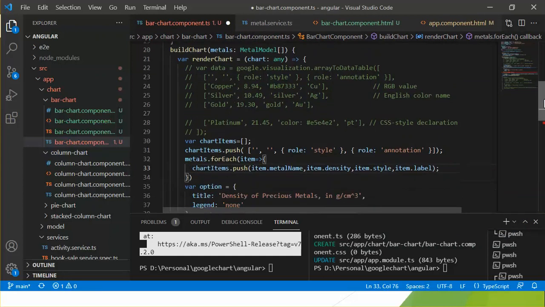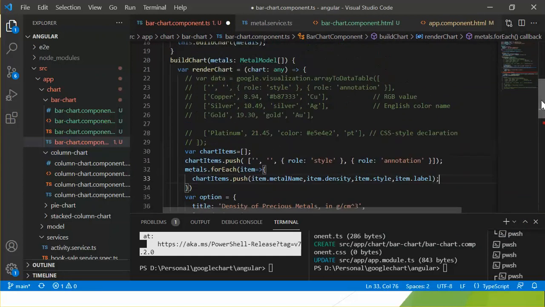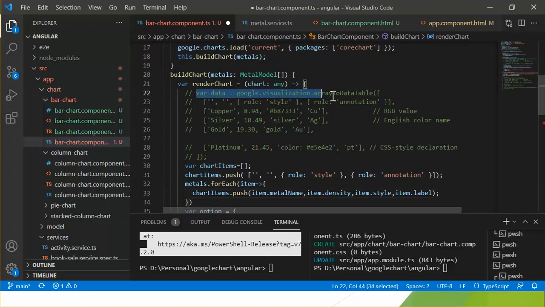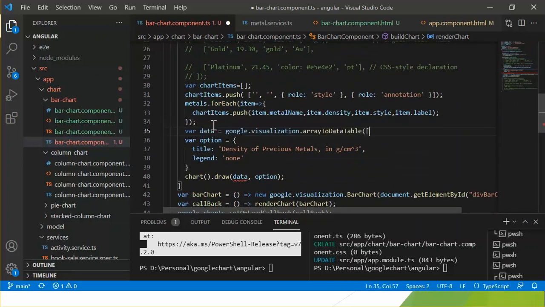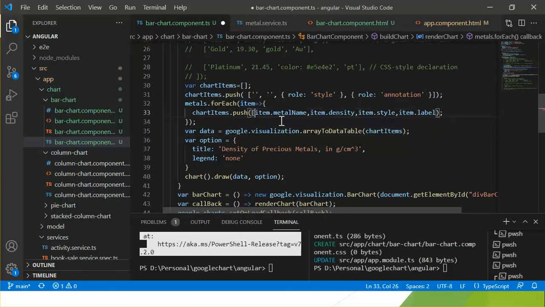Let's convert it into the data table. So this is the code. Actually we can convert the array to a data table. Let's pass this array into this method. One thing I think I should add is the left angle bracket and the right angle bracket.